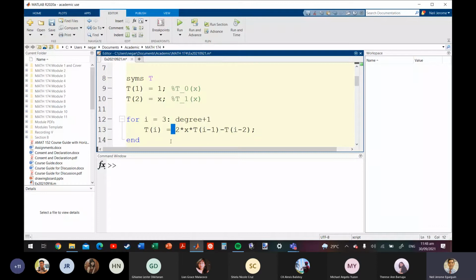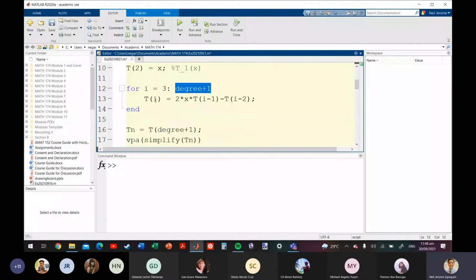So that's why ang iteration ko dito ay hanggang degree plus 1, so para makuha ko yung degree 11 Chebyshev polynomial. And then the ith Chebyshev polynomial in our list is computed as 2x times the previous Chebyshev polynomial minus the Chebyshev polynomial 2 steps back. All right. So tas i-end ko na yung loop. So in the end, I will have, in our case, 12 Chebyshev polynomials, and they would be the Chebyshev polynomials of degree 0 until degree 11.